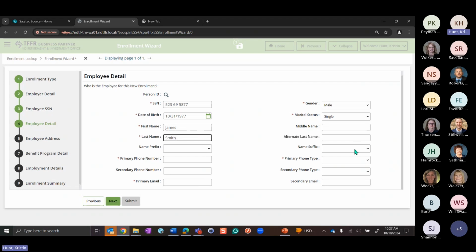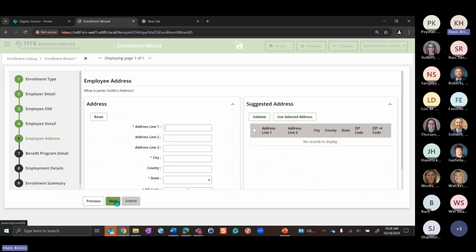Okay. So this primary phone number, we can see here that this is a little asterisk here. We got the primary phone type. So we'll select if it's a landline or mobile. And then we'll come down here and we need to enter in their email address. And then once I've entered in all that information, now notice I just did the required information, but obviously if you have more information than that, like if they provide a secondary phone number or a secondary email or a middle name, you can enter that as well. It's just that these are the fields that are required.